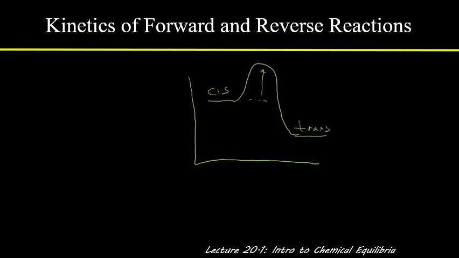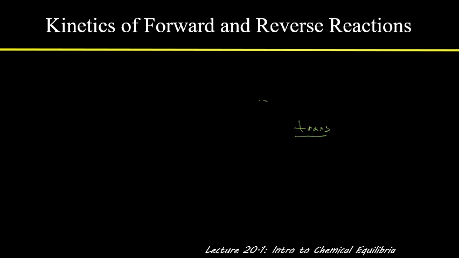And in order to do that, the cis molecule just has to rotate that double bond in the middle. There's an activation energy barrier, but it doesn't require collision with another molecule. There are no intermediate species that are being produced. It's just a simple one-step process. And because it's just a simple one-step process,